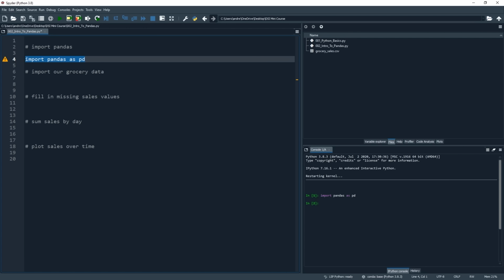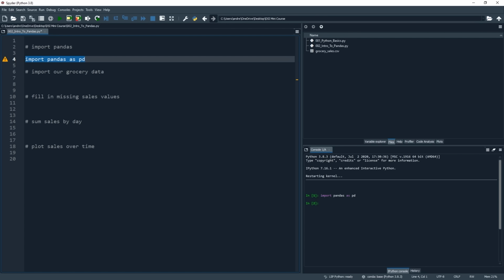And you'll notice that I have used "as pd" here. This is a common convention in Python when referring to Pandas. We just use this pd alias, and you'll see what I mean as we move on. So now that we have brought Pandas in, let's import our grocery sales data. You should have downloaded this CSV file based on the information in the prior tutorial, and it should be sitting in your DSI mini course folder. If not, please go back and do this, as we will need that file here.